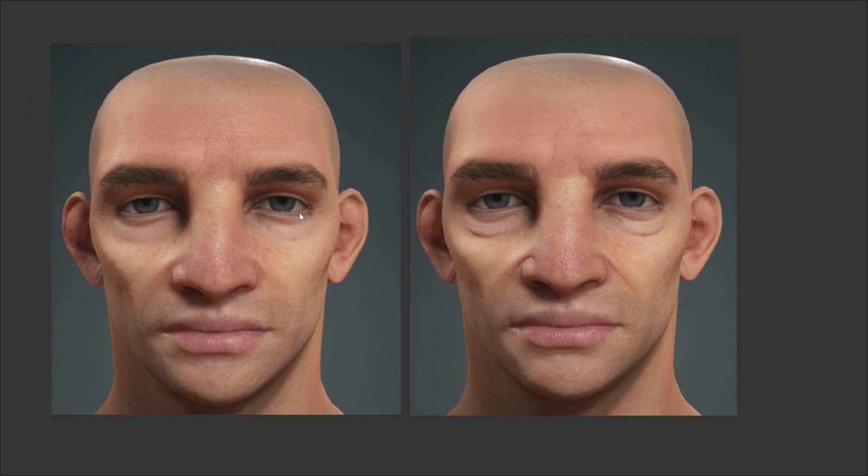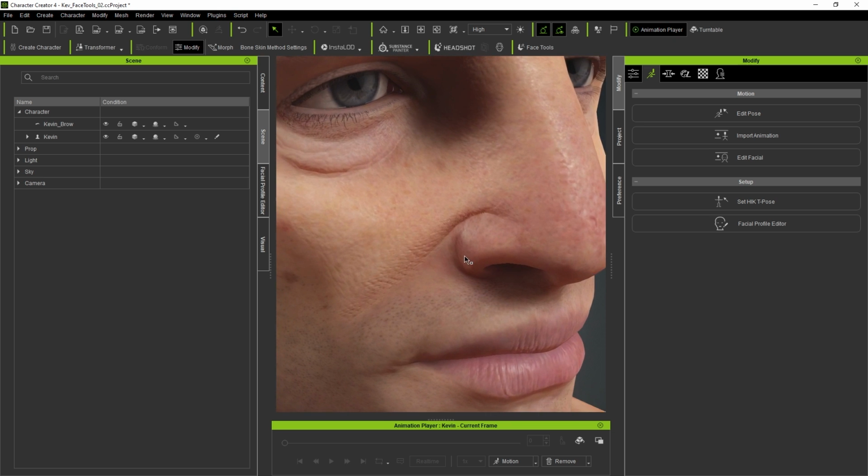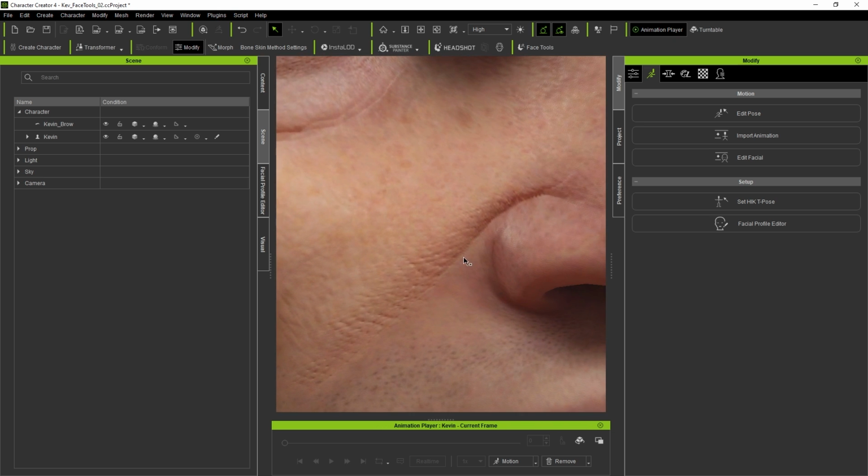All right, so the left-hand side is the one that we had before, and these are the details that we did in ZBrush. So we clearly see a big difference around here, and the lips and the pores around here, and obviously the eyelids as well. So it is very nicely translated from what we did in ZBrush into the normal map. Again, this also has other material properties like translucency and all of that, so it's not going to be as strong, but it is there, right? Very, very simple stuff. And now we have all the pore details that we added in ZBrush.